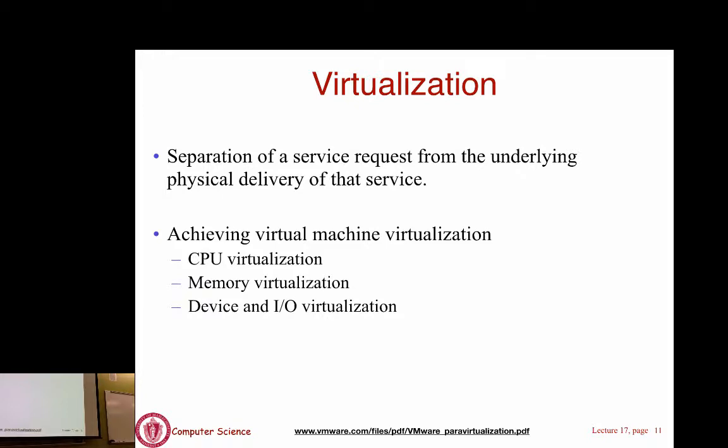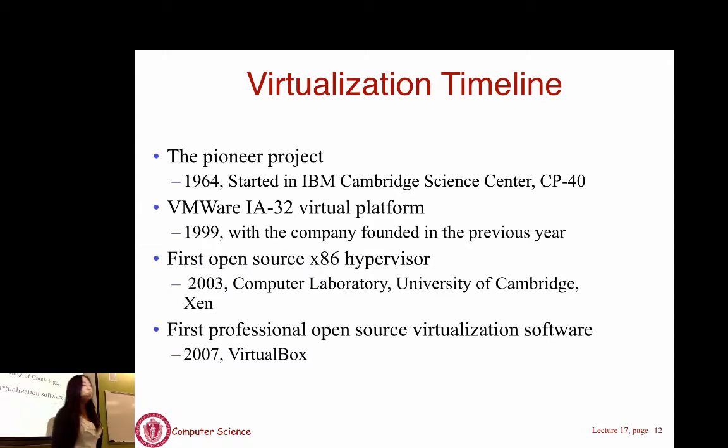All right, so to achieve this particular type of virtualization, we need to consider three parts that actually make possible the CPU, memory, and I/O virtualization. Before jumping into the CPU virtualization, I just want to quickly share with you some very interesting facts about what happened in the virtualization world.